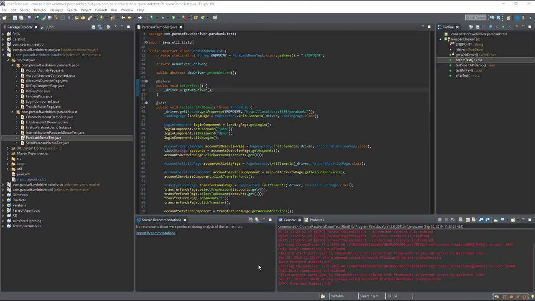So let's say you have a mature Selenium testing practice, and as a result, you have thousands of test cases. When development releases a new version of the application, it can be difficult to determine which Selenium tests you need to run to validate the changes. This is where Parasoft Selenic's test impact analysis comes in.